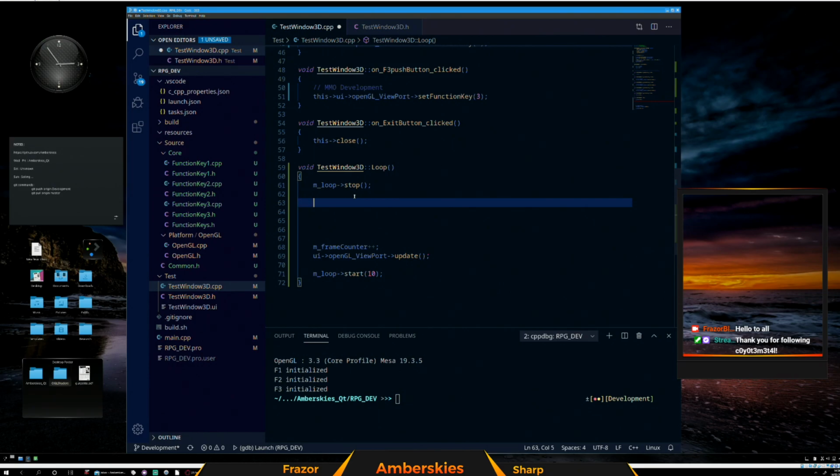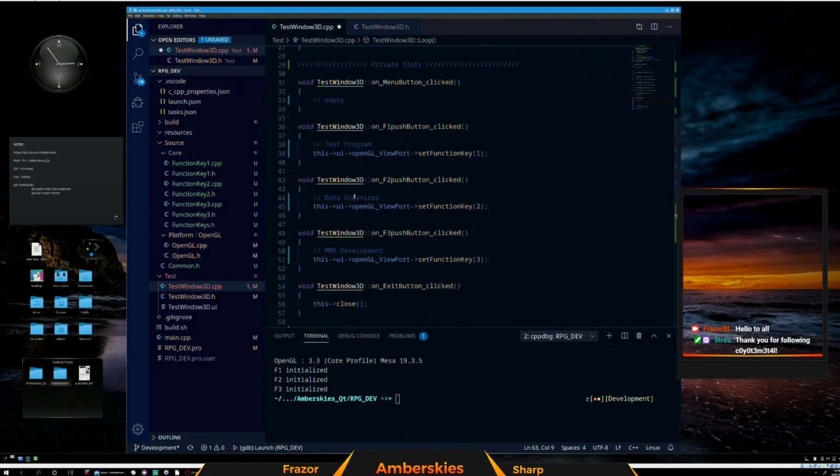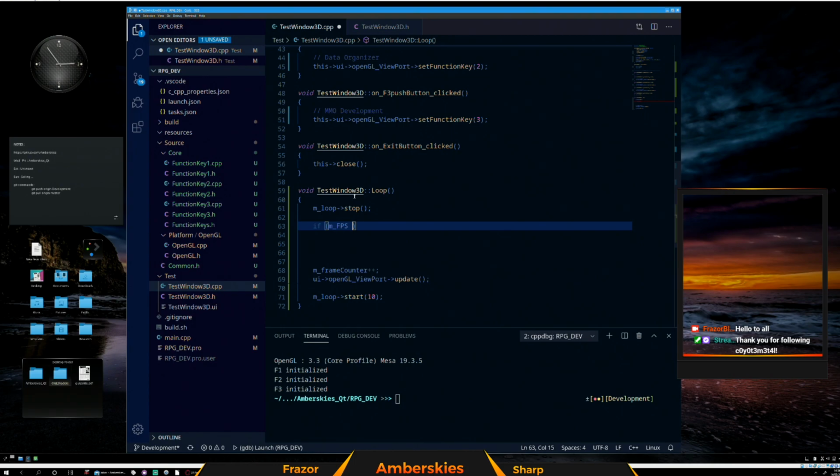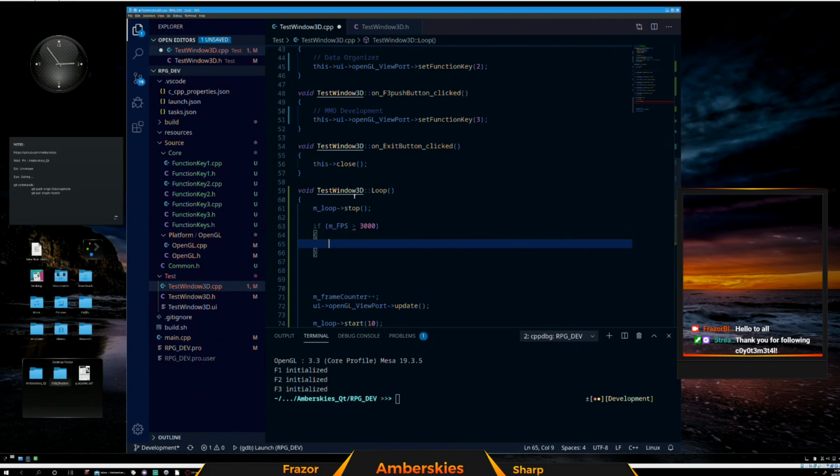Okay, we need an if statement. So if m_fps is greater than 3000, I'll use. It's an arbitrary number, 5000, 5 seconds, 3000, 3 seconds. So if that goes that far, I'd like to know how many frames I've just done. If FPS